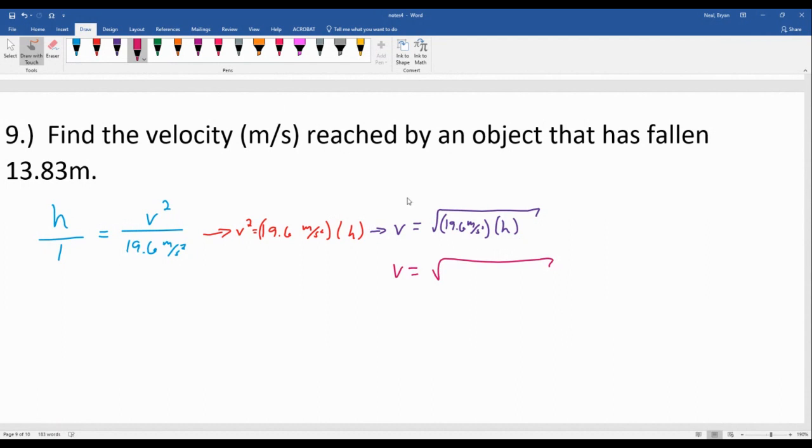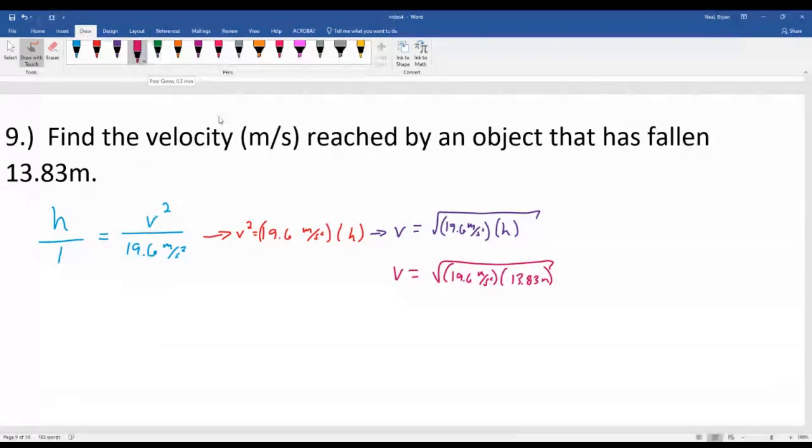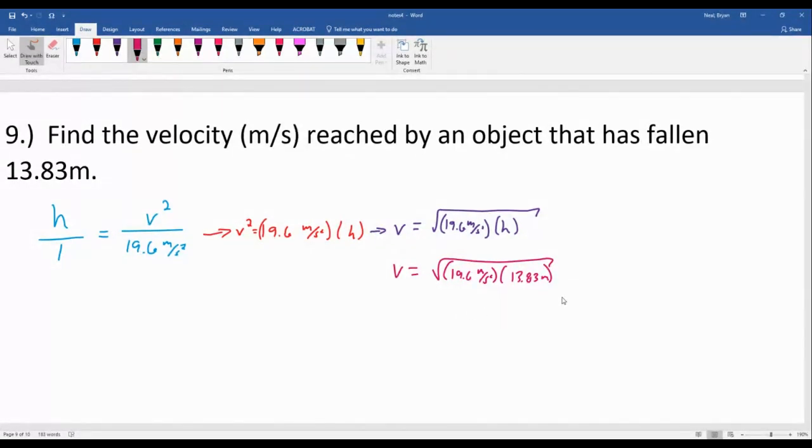If we start plugging in numbers, in fact, we only need one number. We've got 19.6 meters per second squared, then 13.83 meters. If we look very carefully at the units, then we'll see that we'll end up with meters times meters, so meter squared, and then here we've got second squared. If you square root those both, then they come back down to their standard base units, and we get meters